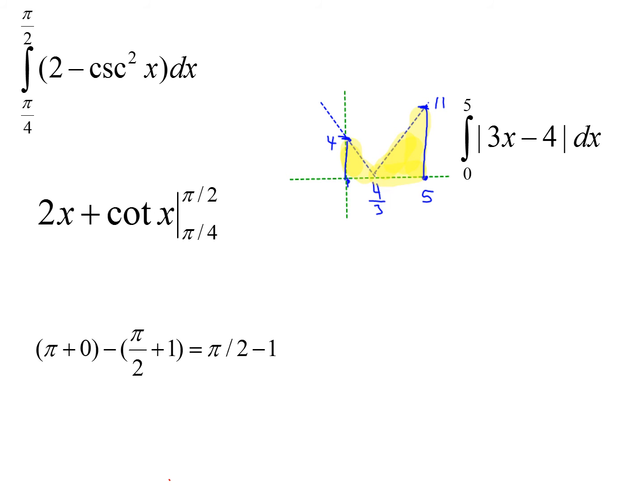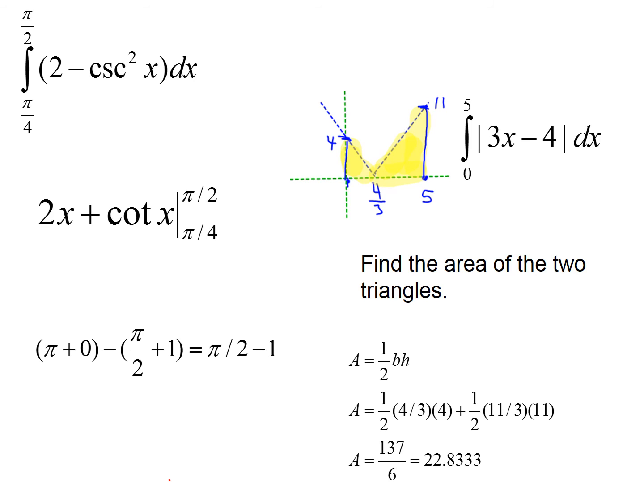So instead of solving this algebraically, my suggestion would be simply to find the area under the curve, because remember, integration is just area under the curve. So the formula for area is 1/2 base times height. So I'm going to find the area of the smaller triangle. So the base of that would be from 0 to 4/3, so it's 4/3, and its height is 4. Now the way that I found that height was by substituting 0 into the original equation. So if I put 0 in for x, I get 3 minus